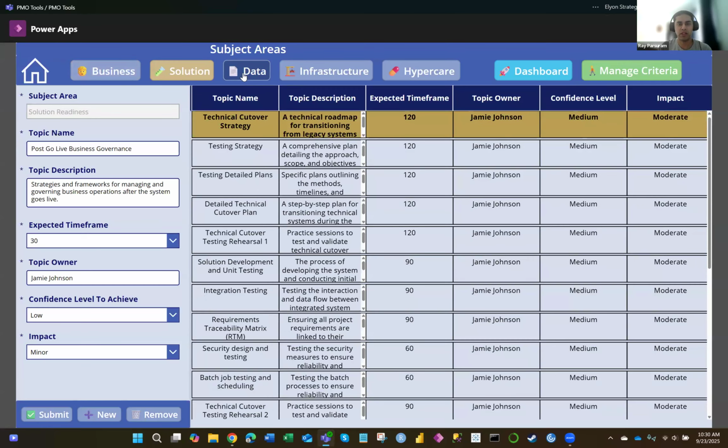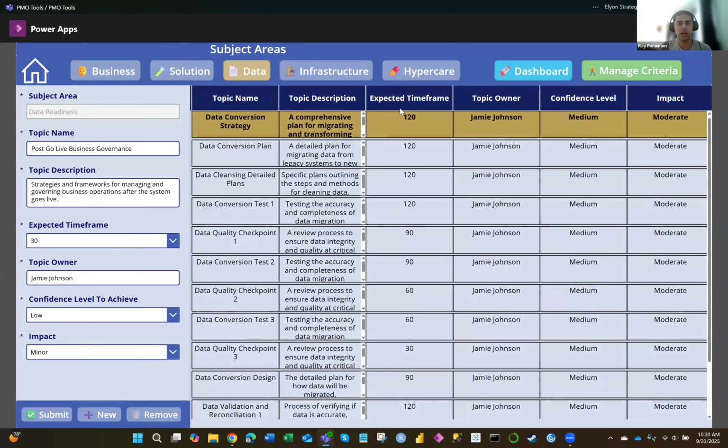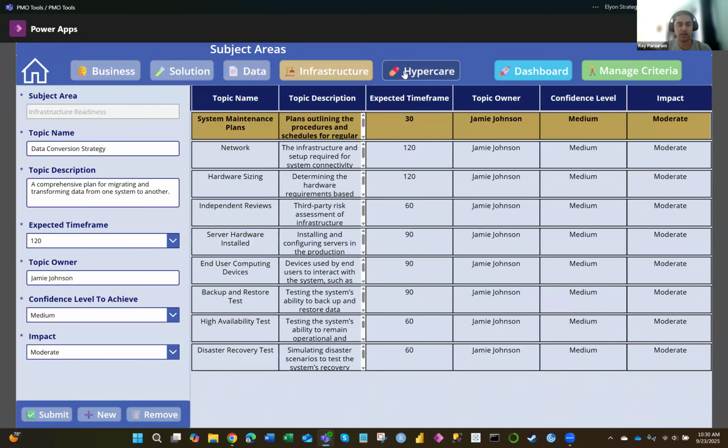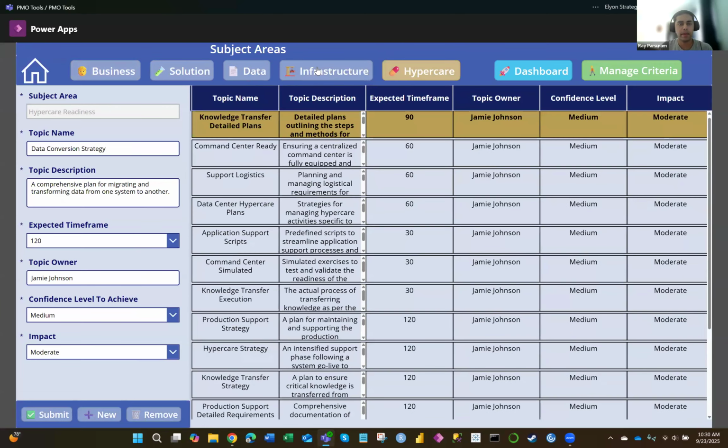Each one of these subject areas, as I mentioned, has the same sort of structure. And if you just want to see the information once again, you can click through. So each one of these 5 subject areas has this ability. Now, on the right here,